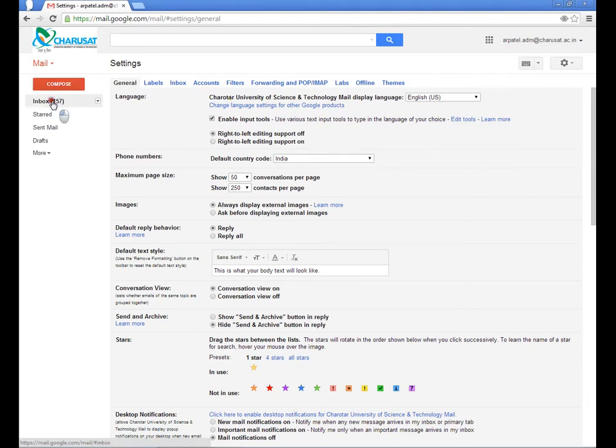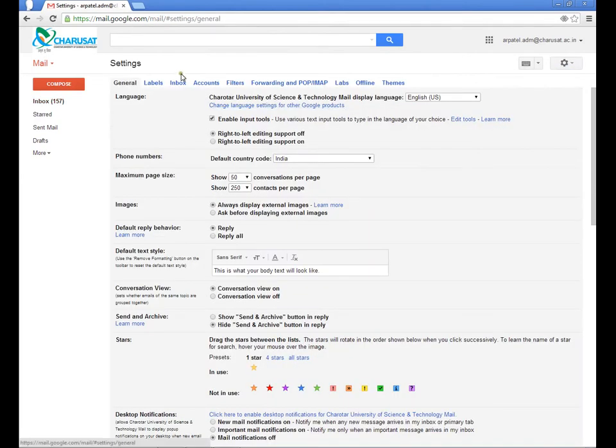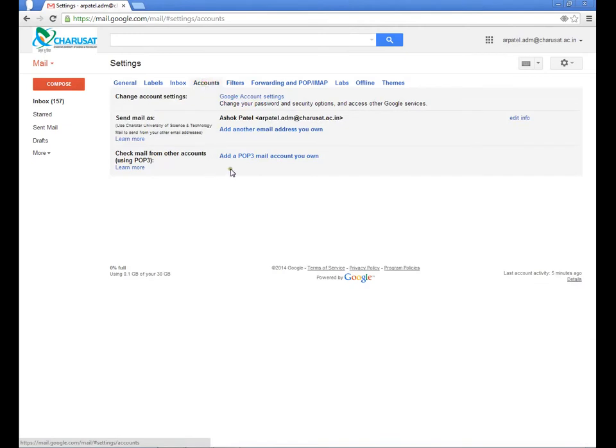Once again, as soon as you log into your account, you will get this page. Select this tab, go to settings. This time you have to go to accounts. Here you have to add a POP3 account.